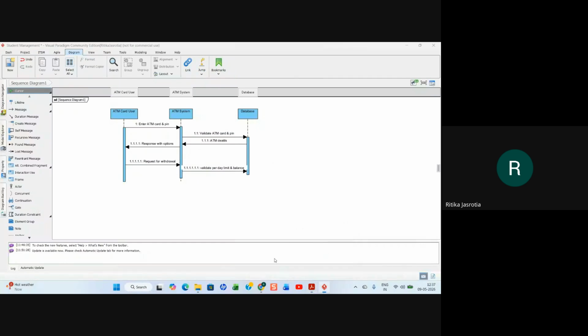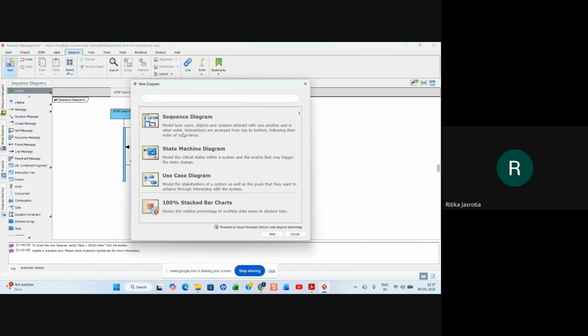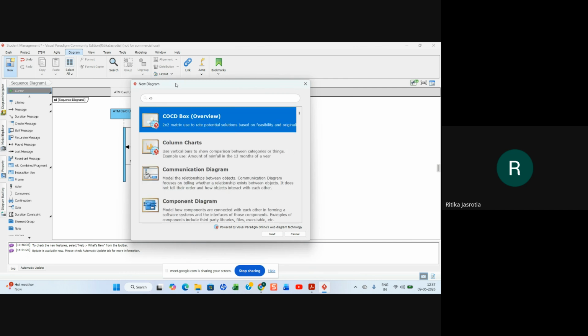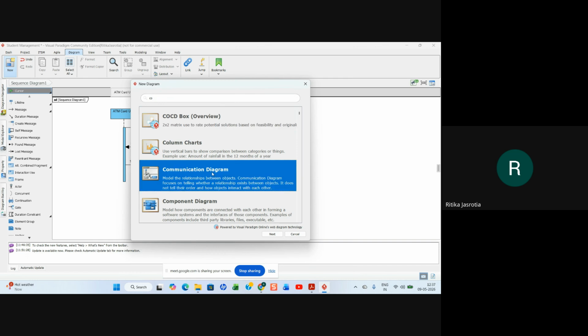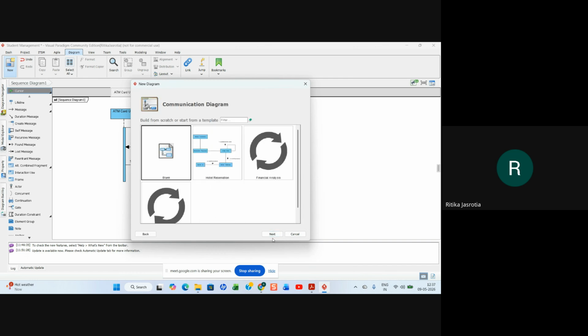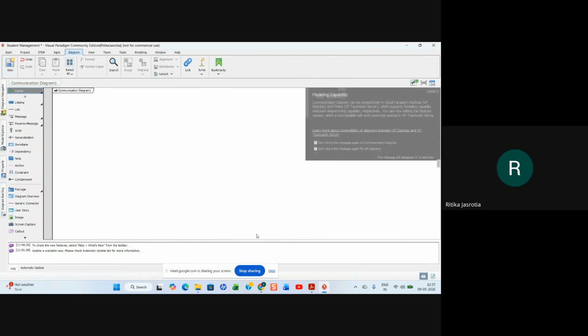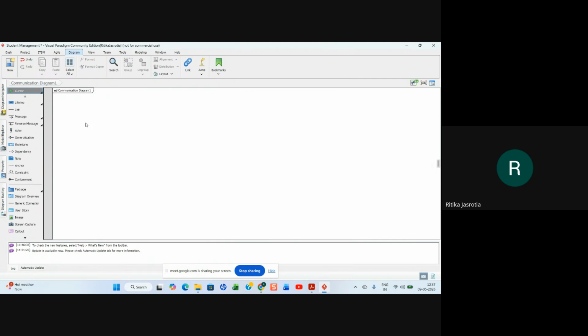So if we have to make a collaboration diagram now, here I think it is communication diagram rather than collaboration. So it is communication. So both are same only. If you don't find collaboration anywhere, then it is communication. So if you have a lifeline, that will be an object name. So here you have customer, right? Then customer can send a message to another lifeline, right? Like this.